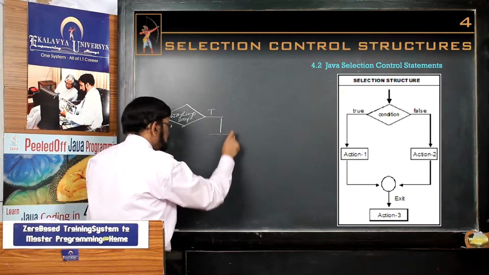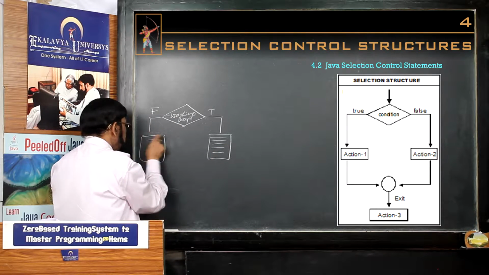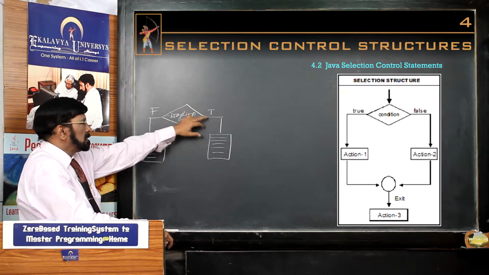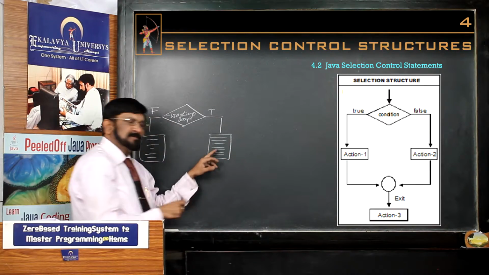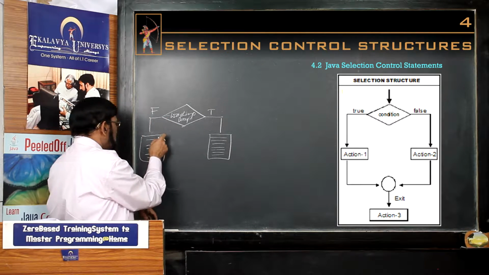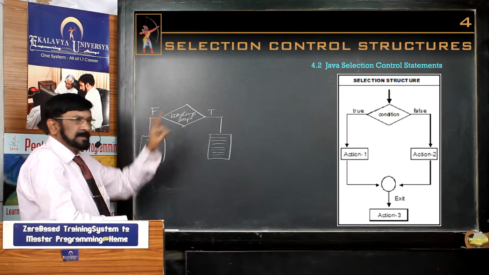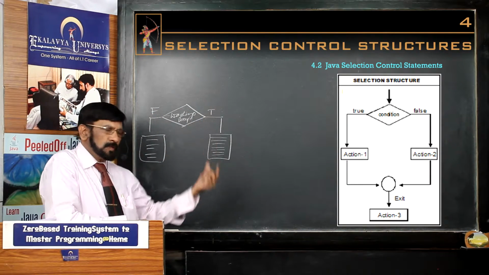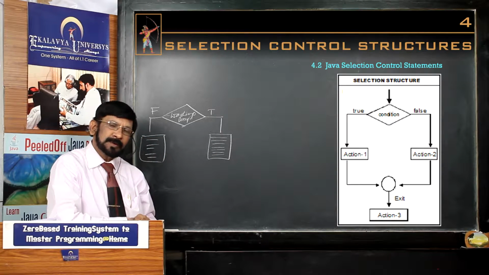So here you see these are the statements. Actually this is your daily activity. If the college working day is true, that means it is a working day for the college, then your program runs in a certain fashion. If the working day is false, it is a holiday, and your program runs in a different fashion. For any condition you take, there are two outcomes. One is true, the other is false. If the condition is true, you execute certain statements. If the condition is false, you execute some other statements.